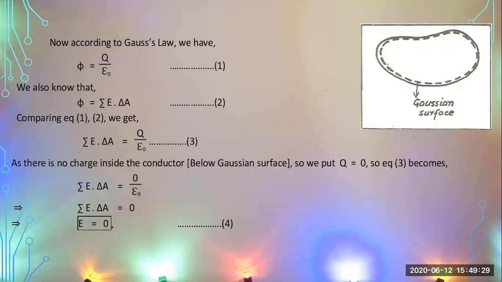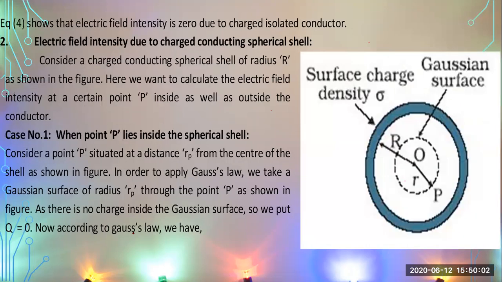This shows that there is no electric field strength or intensity inside a hollow charged sphere. Why? Because there were no charges available. And where have the charges gone? When we placed this conductor inside the electric field, due to the electric field the charges moved to the outer side, and on the inner side there are no charges. Mathematically, we get E equal to 0, meaning there is no electric field intensity inside a charged sphere.